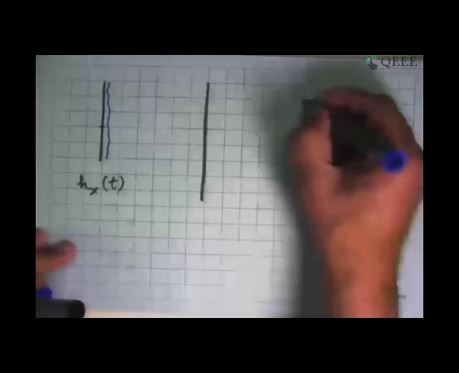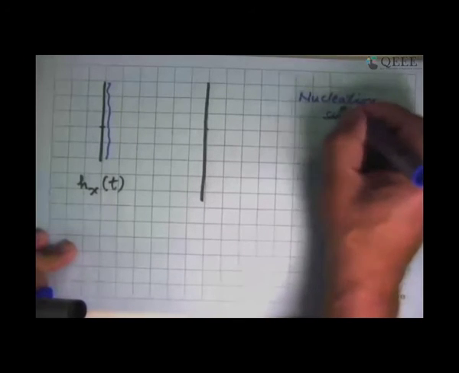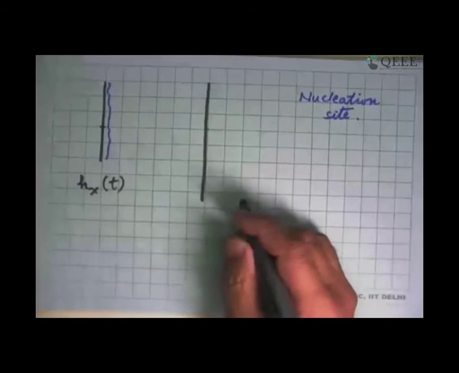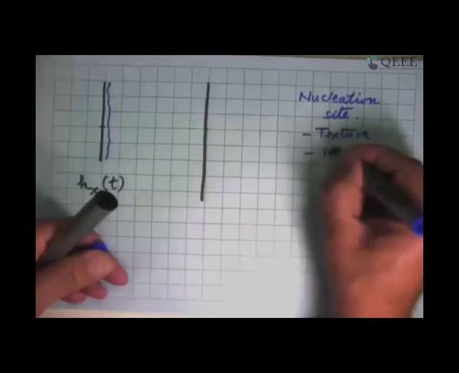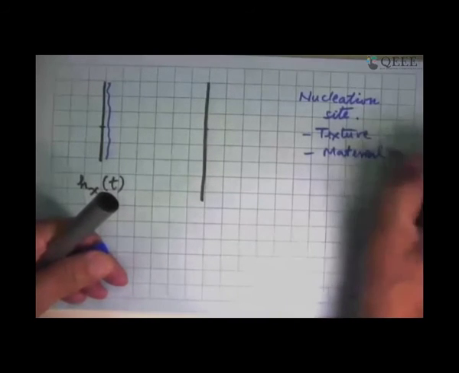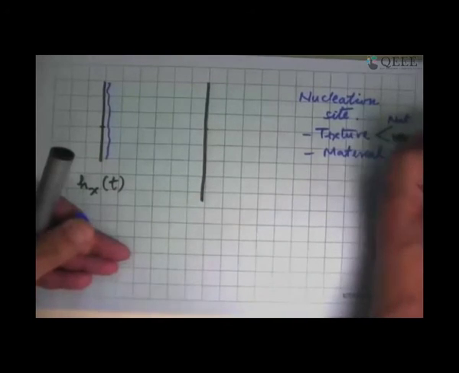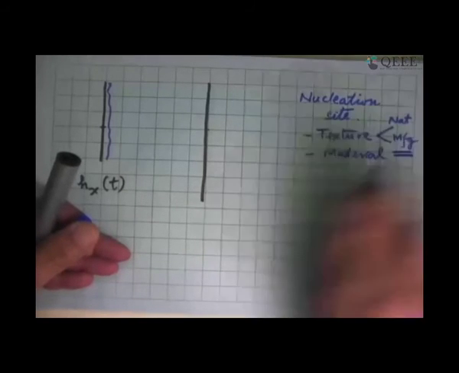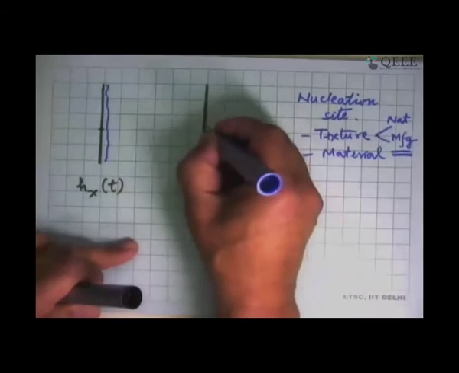What does that depend on? Like what we saw last time, on nucleation site. And I mentioned the texture of the surface, the nature of the material, and whether this was natural roughness, that is, you just rolled the plate and got it, or we manufactured the roughness. These days, there's a lot of research going on this part, that you create small little imperfections in the surface, either putting it up or putting it down, and that's the site where nucleation will happen. So coming back to your question, this drop will start building up.